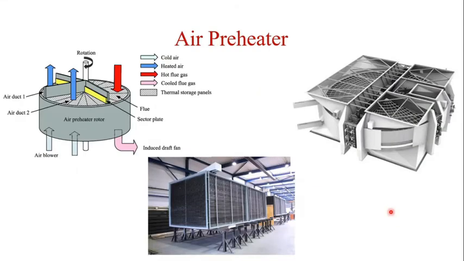Next is the air preheater. The heat carried by the flue gases coming from the economizer is further utilized for preheating the air before supplying it to the combustion chamber. That is, whatever heat remains with the flue gases after extraction in the economizer, once again that heat is utilized to